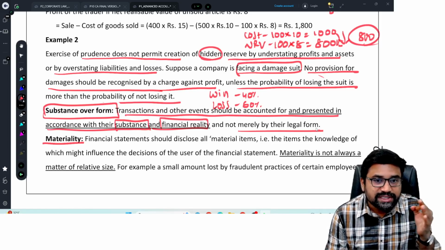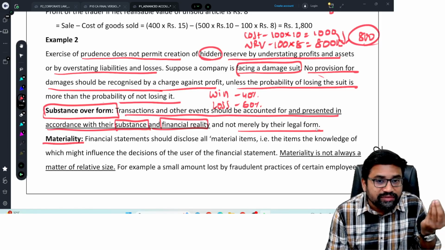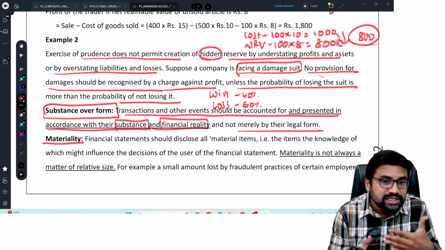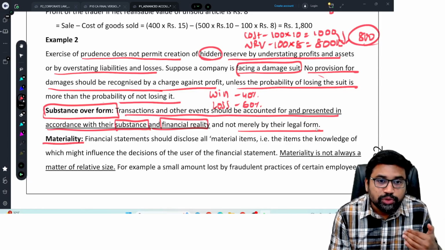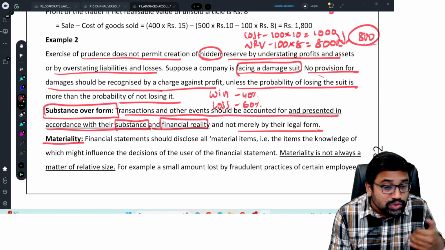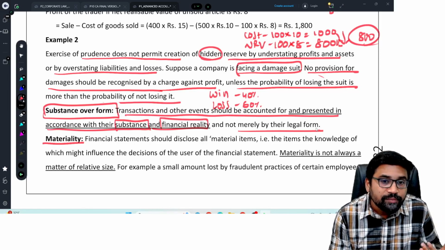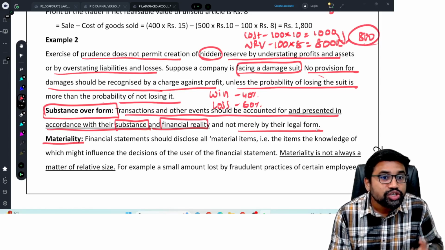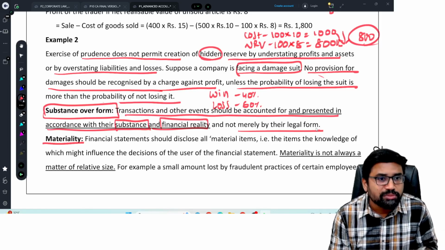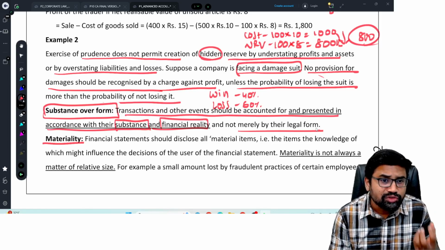For example, we purchased a building. Now we have given the entire amount, the owner has given us the possession, and we will register this property after 3 months. Now you tell me, immediately after taking possession of the property, you are enjoying control over that property, you can use that property in whatever manner you like, then definitely the financial reality, the substance, is that you are the owner, you are enjoying the future economic benefits, therefore you can record it in your books too.